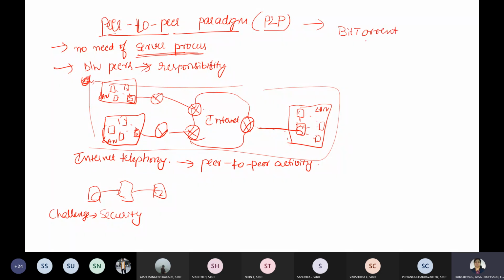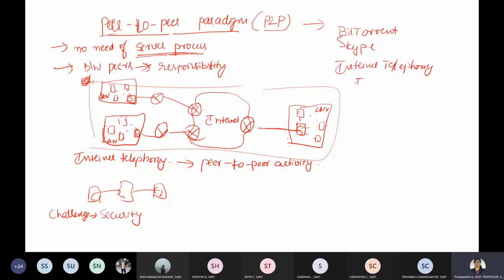And one more, as I already told, internet telephony. Anything else you know which is using P2P? Even IPTV uses P2P. Those are some examples which use the P2P paradigm.